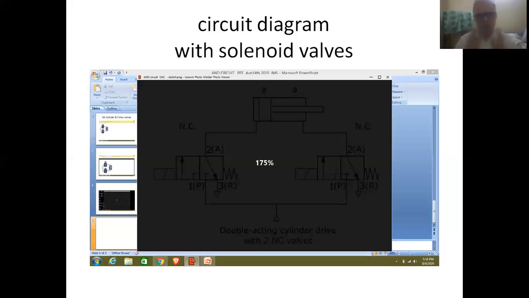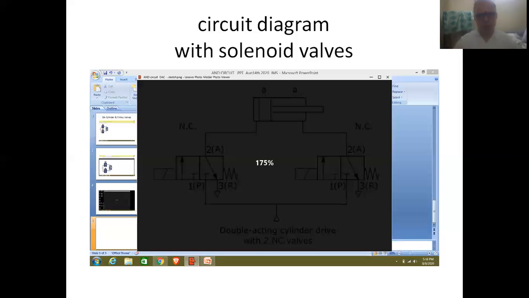So friends, fluid pressure is used for moving the piston in forward direction, and fluid pressure is also used for moving the piston in reverse direction. Therefore, two ports are very essential on both the sides of the piston, and this is called the first port of the cylinder, and this is referred to as the second port of the cylinder.